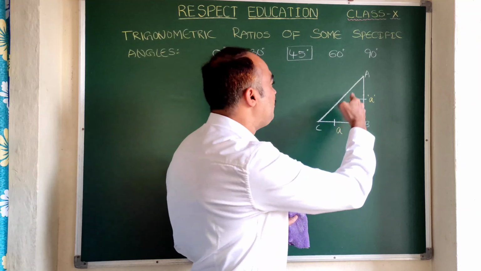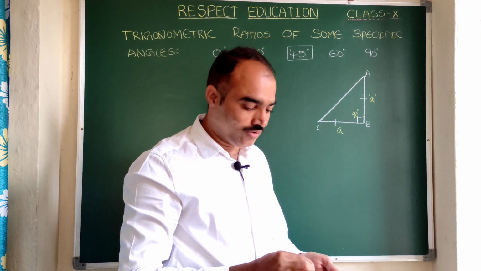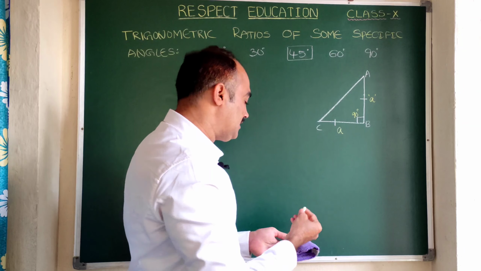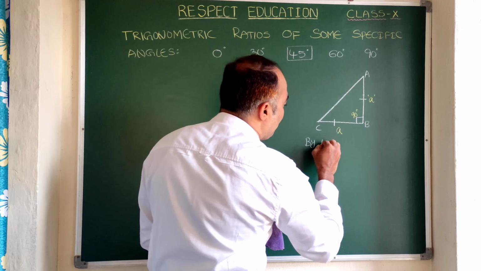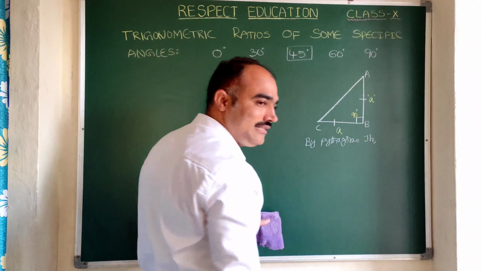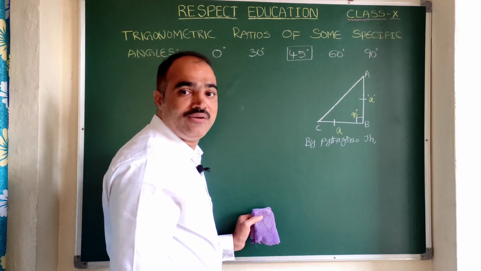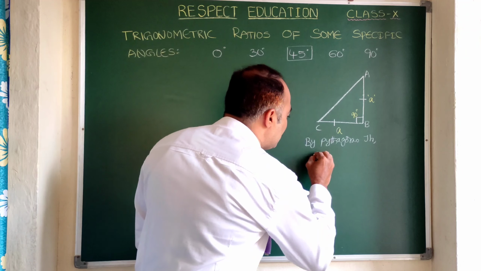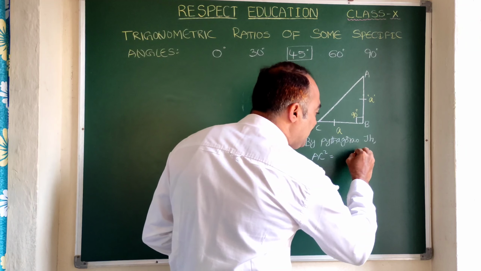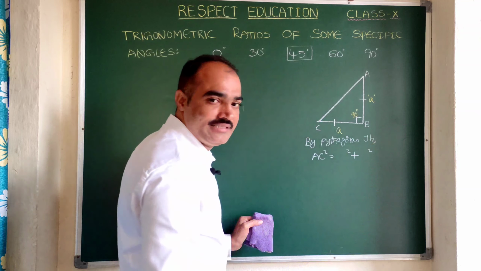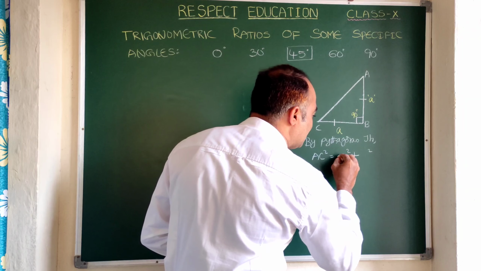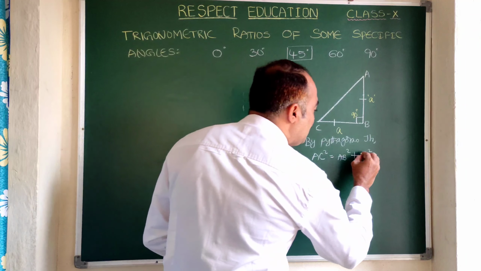Right? Now again let us come back. How to find the hypotenuse? By what theorem can we apply here? Let us apply Pythagoras theorem. So Pythagoras theorem says that square of the hypotenuse. Here what is the hypotenuse? AC. So square of the hypotenuse means AC square is equal to the sum of the squares of the other two sides. If AC is hypotenuse, what are the other two sides? AB means AB square plus BC means BC square.